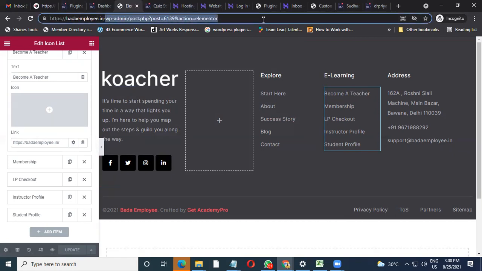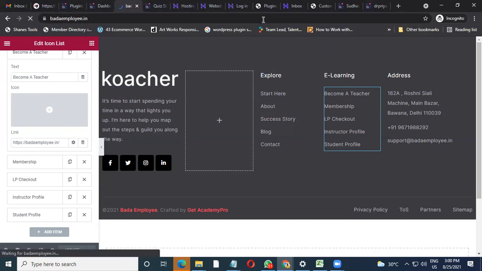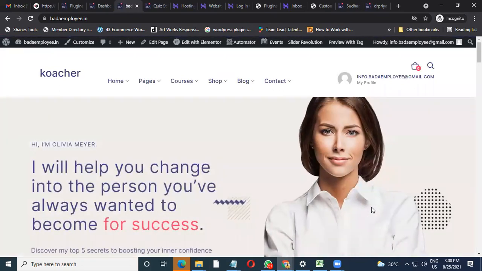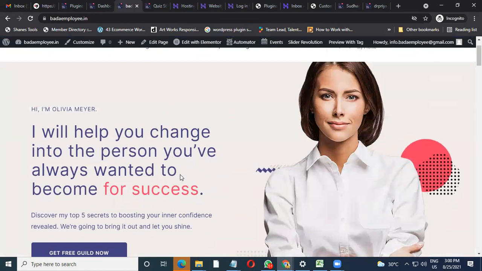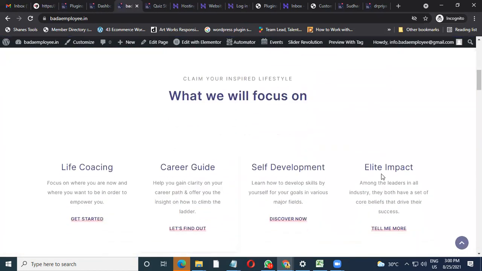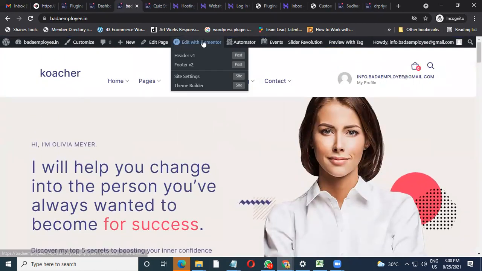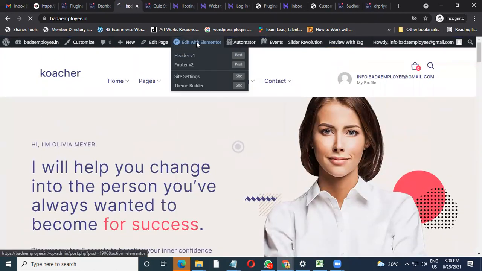Now, similar way with the main website. Okay, now I showed you with the header and footer. Now we are talking about the main website. In the main website, again, there are two parts. One is the slider, and from here onwards, there is content. Now, to edit the content, you just need to click on Edit with Elementor. Once you click on Edit with Elementor, it opens up the site. The whole site could be updated except the slider. Slider, I'll show you. It has to be done from your backend, and from there it could be taken ahead.